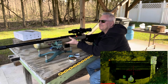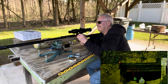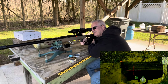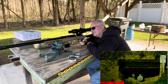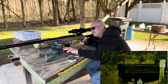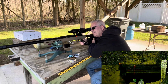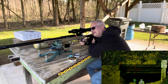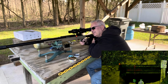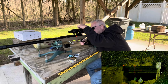Ting! All right, so there's a small one there. You think we can hit that small one? All right, so let's see. I was hitting pretty low on that big target there, so I'm going to take my 5 hold up to the top of that little plate. No, I didn't see where that went. All right, I think that's a little bit much for...